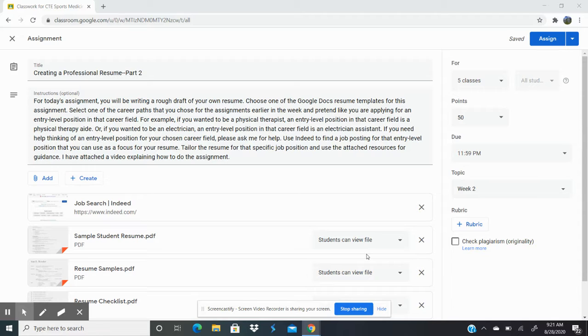I want you to select one of the career paths that you chose for the assignments earlier in the week and pretend like you're applying for an entry-level position in that career field. So for the assignment you did on Monday, called the American Job Market, you selected 3 career paths that you wanted to pursue in the future. So I want you to choose one of those career paths and then choose an entry-level position in that career